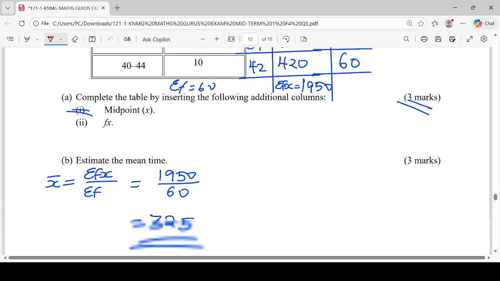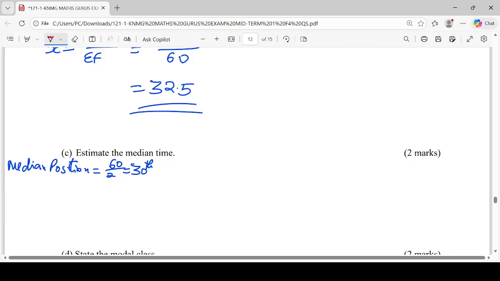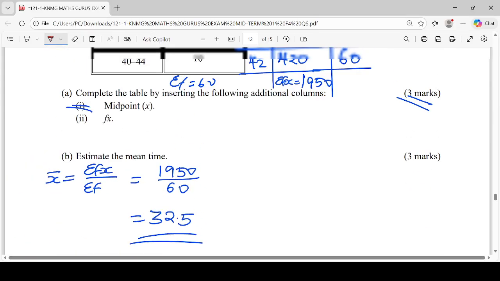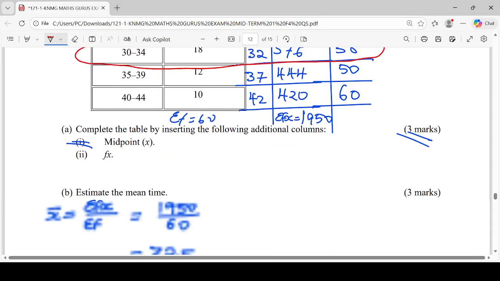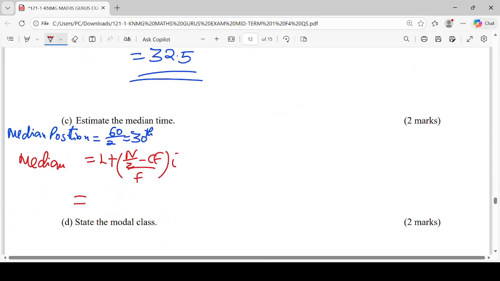Now, we apply the formula for calculating median. We all know that the median is calculated by taking L plus N over 2 minus CF over F times the class interval I. So our lower class limit here in this circled class will be 29.5. This is now 29.5